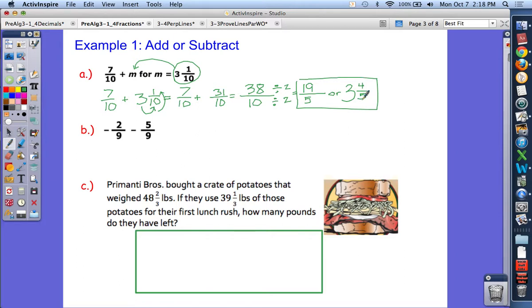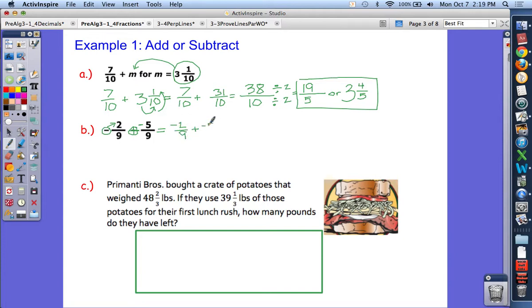On the next one, the numbers are already lined up. We already have a common denominator. There are no mixed numbers, so we're good to go. But I see this subtraction sign, and remember, when you see a subtraction sign out front, where can you put it? Put it up with the numerator, or you can think about changing it to plus a negative. So this is really negative 2 ninths